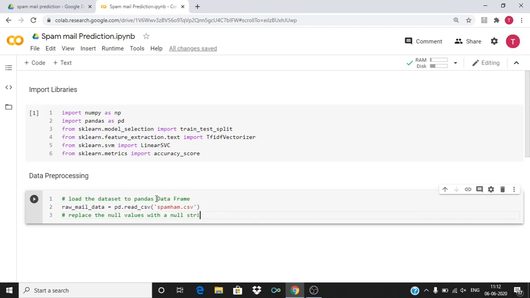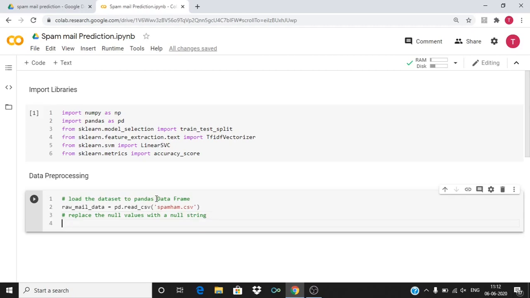I'll store this in a variable called mail_data. So mail_data is equal to raw_mail_data.where, which is the function for it, with parentheses, pd.notnull, specifying the variable raw_mail_data.